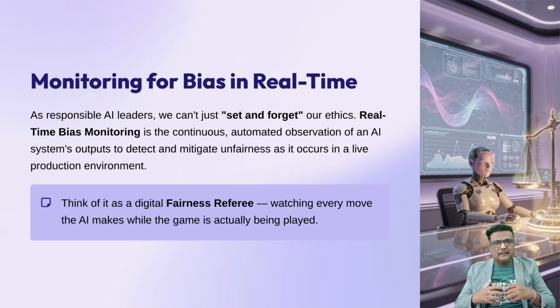Hello everyone. We are diving into one of the most critical parts of being a responsible AI leader, monitoring for bias in real time. In professional terms, real-time bias monitoring is the continuous automated observation of an AI system's outputs to detect and mitigate disparate impact or unfairness as it occurs in a live production environment. In simple words, it's like having a digital fairness referee who watches every move the AI makes while the game